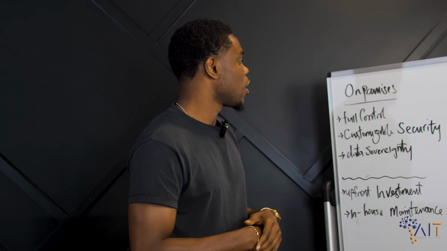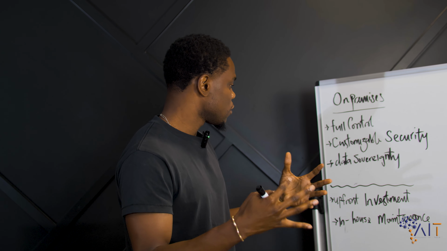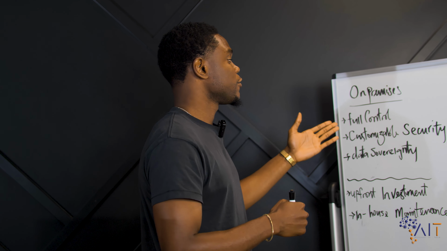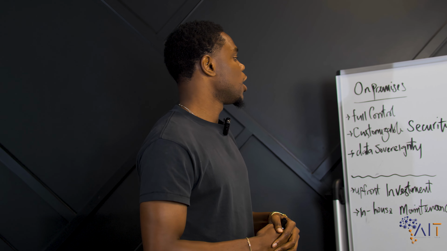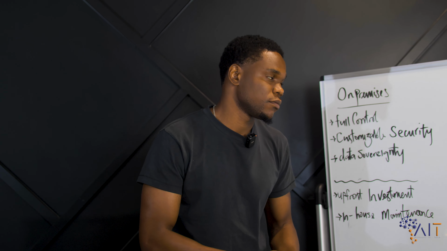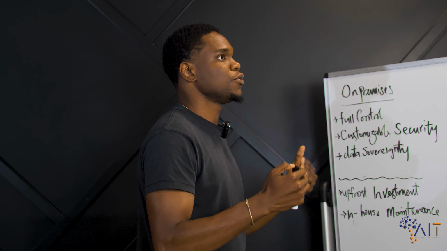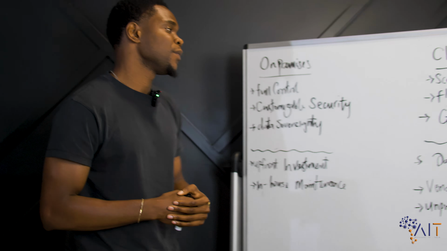Yeah. And so on-premises involves you having your infrastructure on ground, and some advantages to that would be having full control of what you have in-house, right? You have customizable security, so you can actually have your firewalls in-house. You can pretty much know that your data is secure. It's in-house, so nobody can just come in there and do whatever they want to do, right?